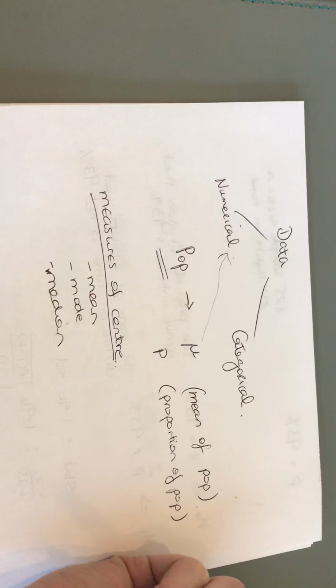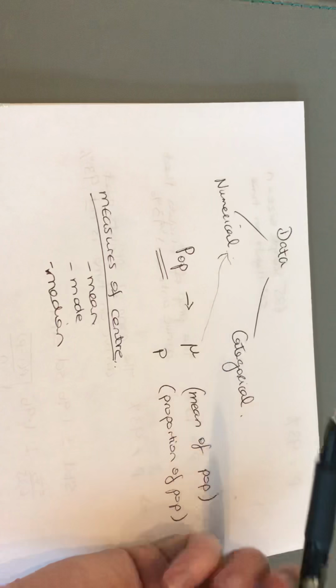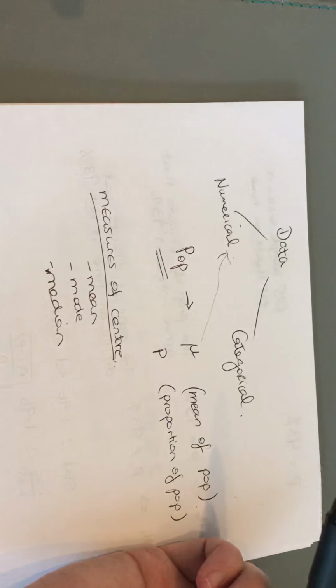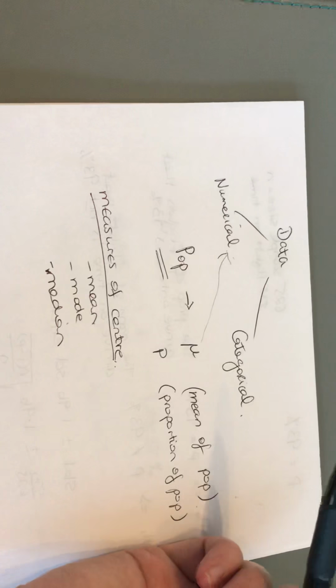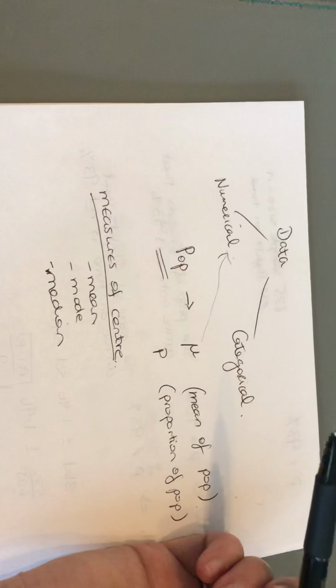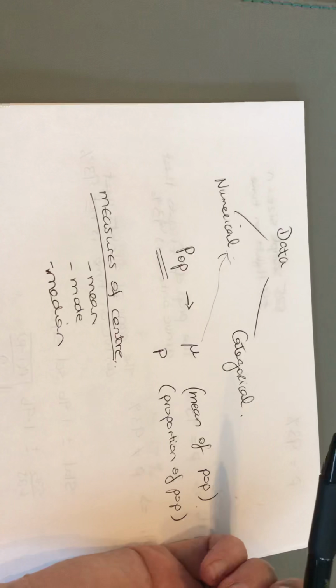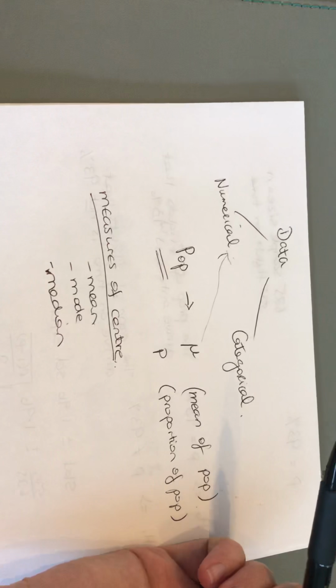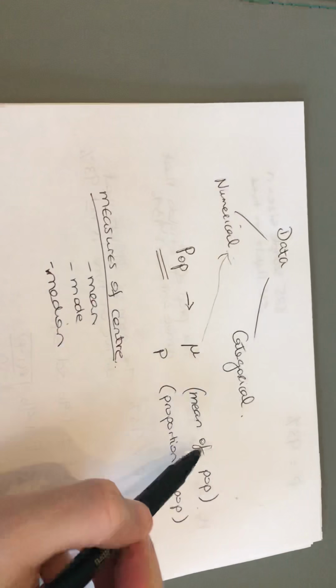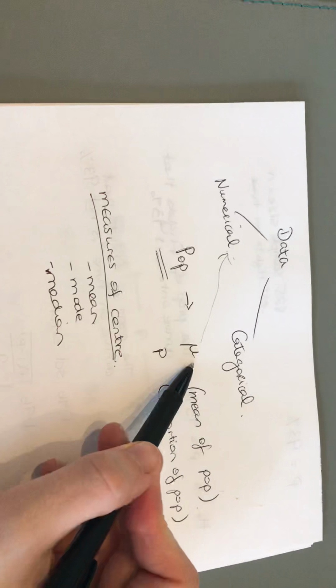So when it's numerical data, and again, I'm just going through this because we have discussed this and thought about this since junior cert, which measure of centre is the best for numerical data? And as long as there's no outliers, your mean is the best measure of centre for numerical data. So that's why if you survey the population, we call it mu.